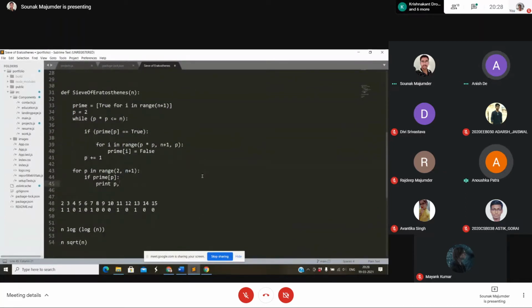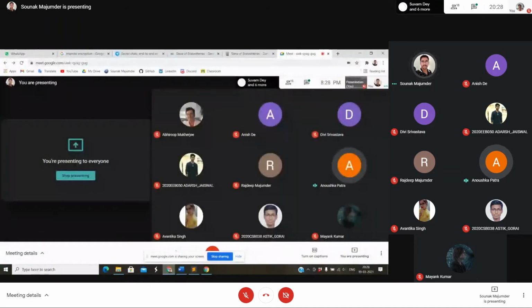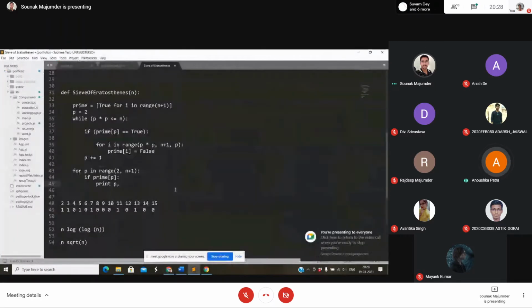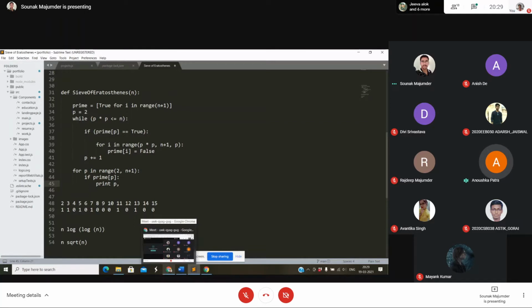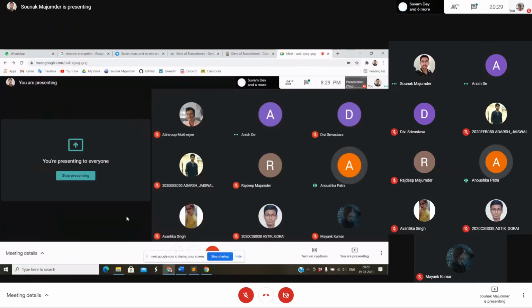I have a doubt related to this sieve of Eratosthenes. Actually, I had once attempted a question on CodeChef which required this method. We had to count the number of prime numbers. So I used this method, but it was still giving me TLE. At first, it was probably because of slow IO of Python. So I used PyPy instead, but it's still giving me TLE. What was the range of n? It was probably 10 to the power 6.